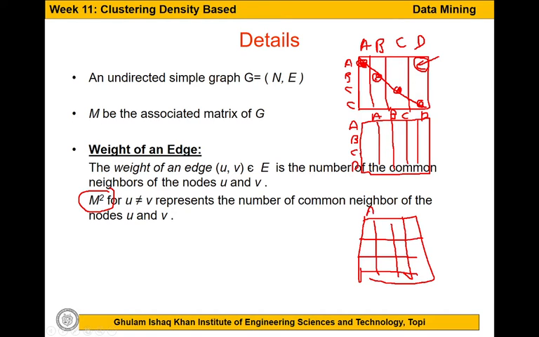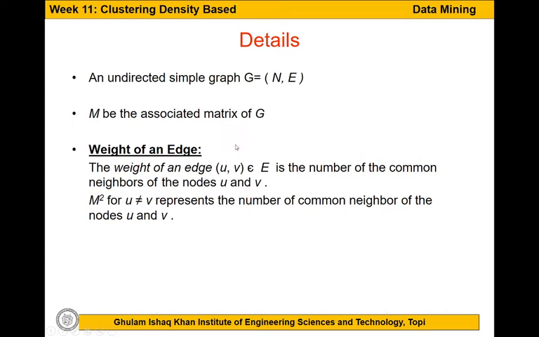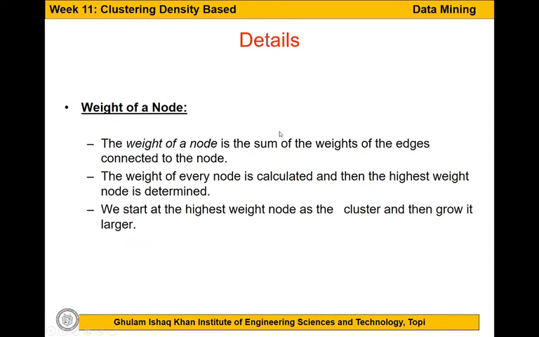A, B, C, D, A, B, C, D, and whatever this value is here, that will show the weight of the edge between node A and node D after computing M square, right? So that will be a very quick method to compute weights of the edges. Now next is the concept of the weights of the nodes. So once you have computed the weights of the edges, for example,